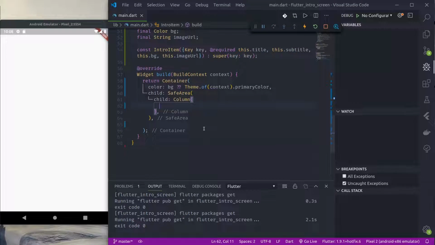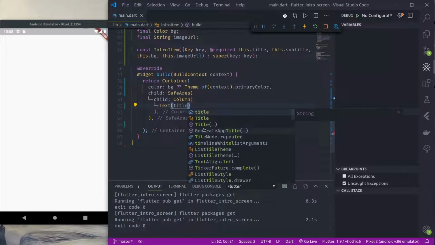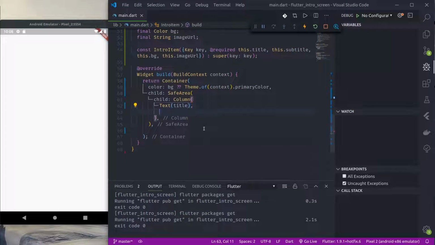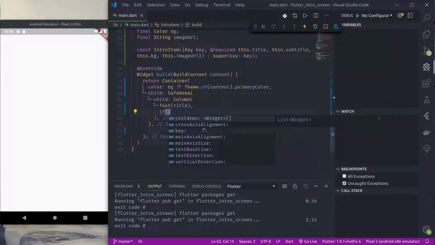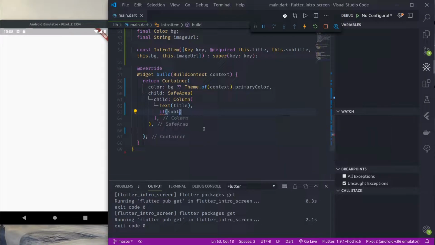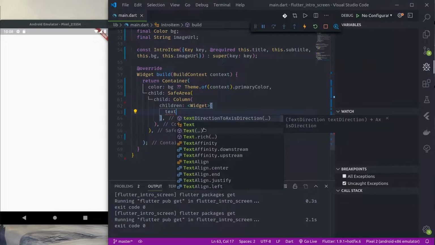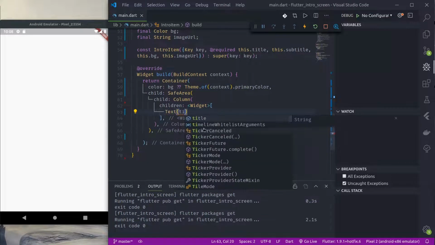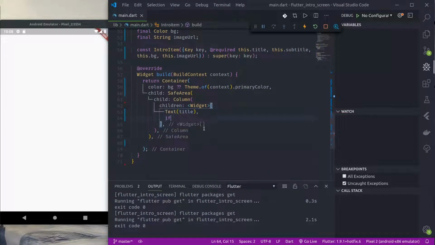And in the column, I missed the children, text title, and then if subtitle is not equal to null, then